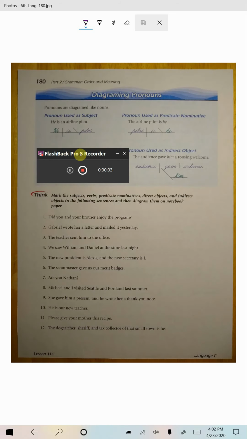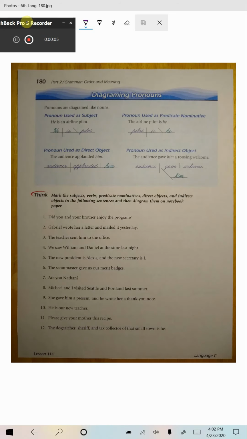Okay, so today we're going to do pages 180 to 182 if I look at your lesson plans. And today we're going to diagram first pronouns, but we're just going to do this real quickly because honestly it's